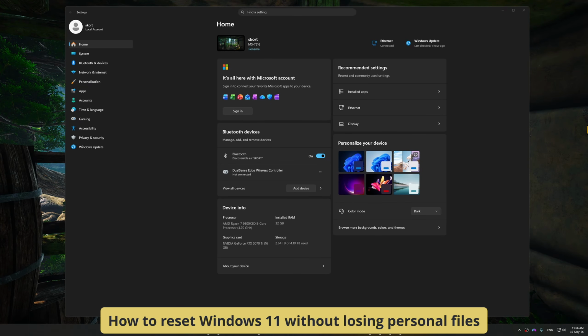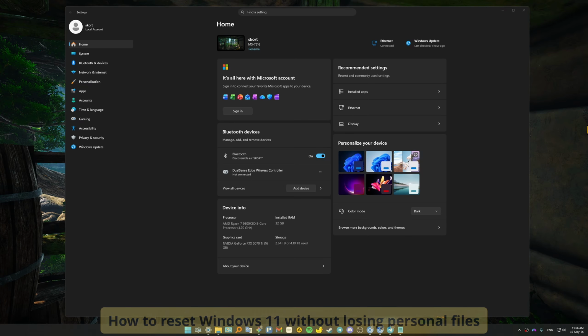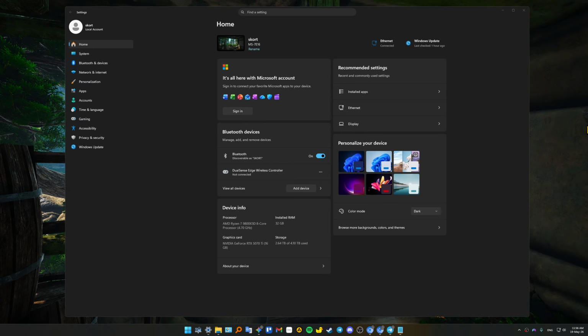In this video I'm showing you how to reset your Windows 11 without losing personal files. So the recovery matrix is as follows. You firstly need to open up your